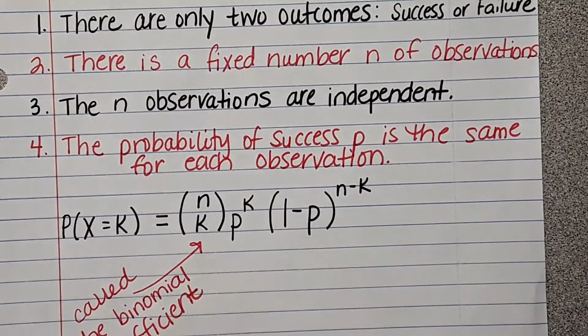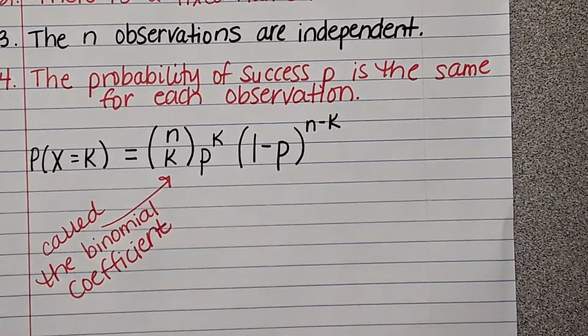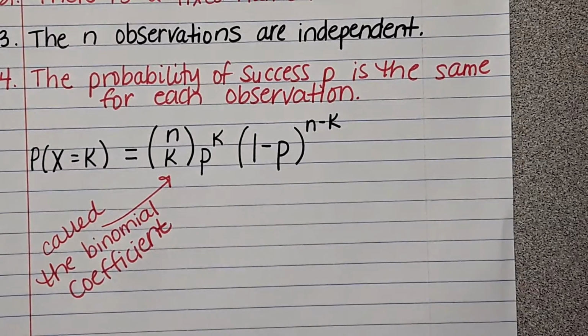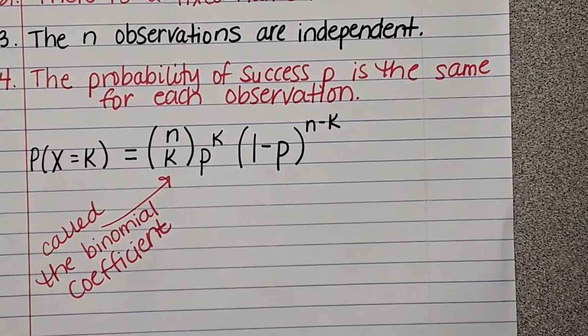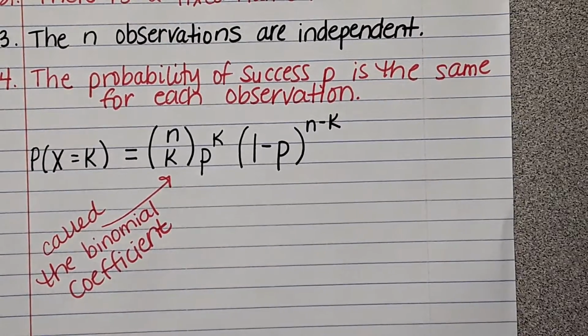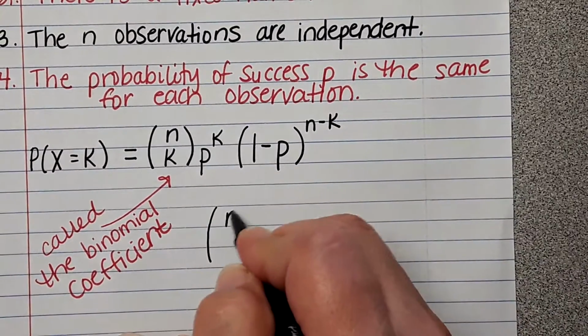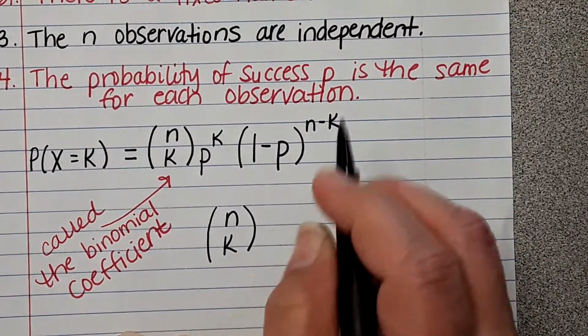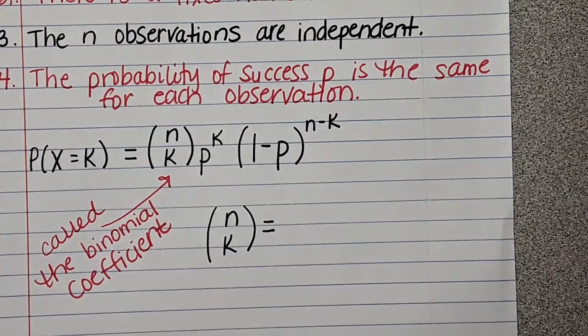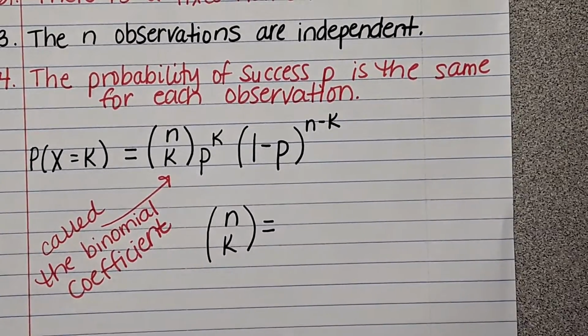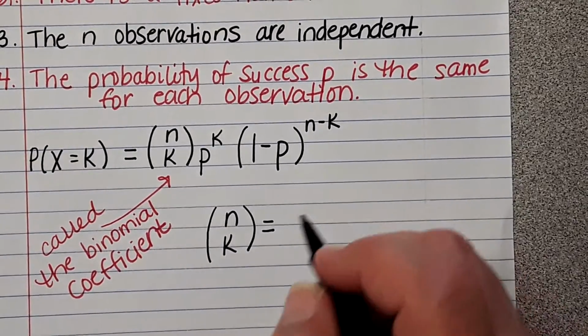And you guys, they ask you a lot about the binomial coefficient. Have you ever done permutations or combinations? Anybody ever done those? Okay, so N choose K is this formula. I'm going to show you how to do it on your calculator, but if this is a free response question, they are going to ask you to write it out, okay? So N choose K